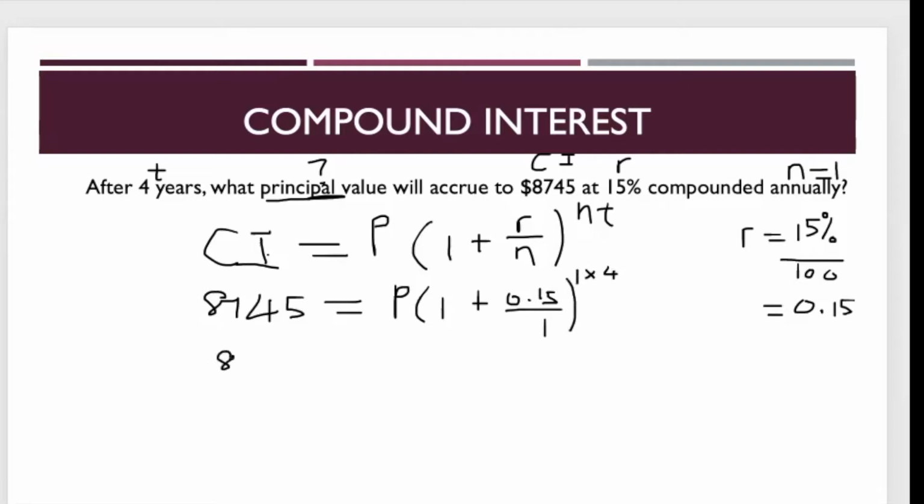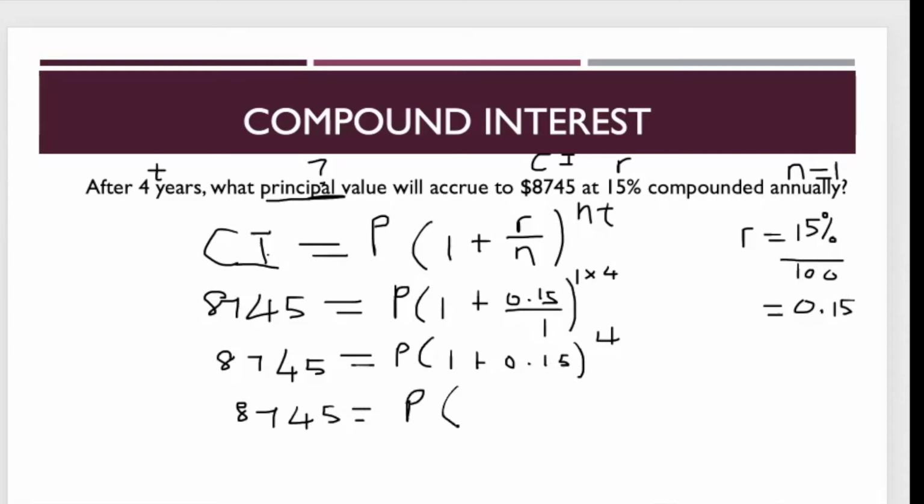Let's simplify. So I have $8,745, still finding P. Then I have 1 plus 0.15 divided by 1 gives me 0.15, and 1 times 4 is 4. Now 1 plus 0.15 gives me 1.15. So I have 8,745 is equal to P, open bracket, 1.15 raised to the power 4. Now, because I want the exact number, what I'm going to do, I'm going to divide both sides by 1.15